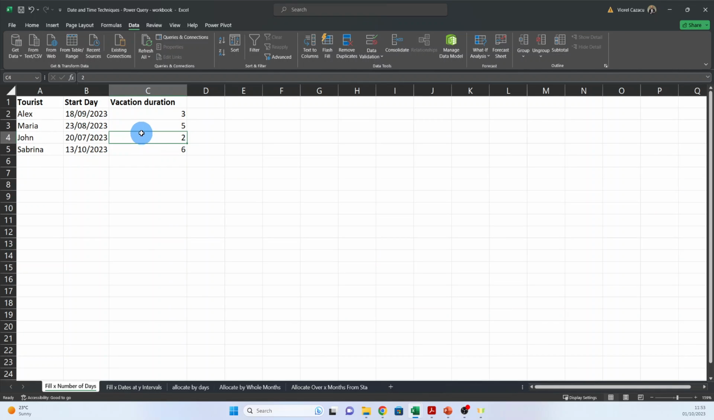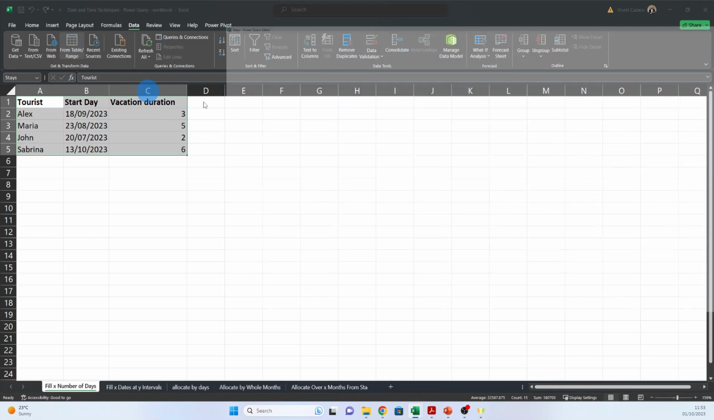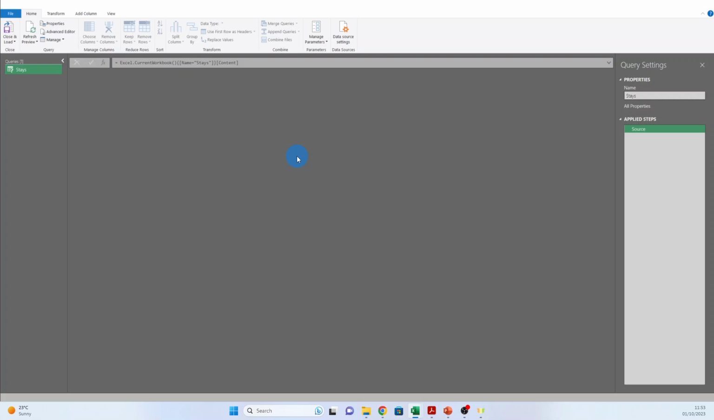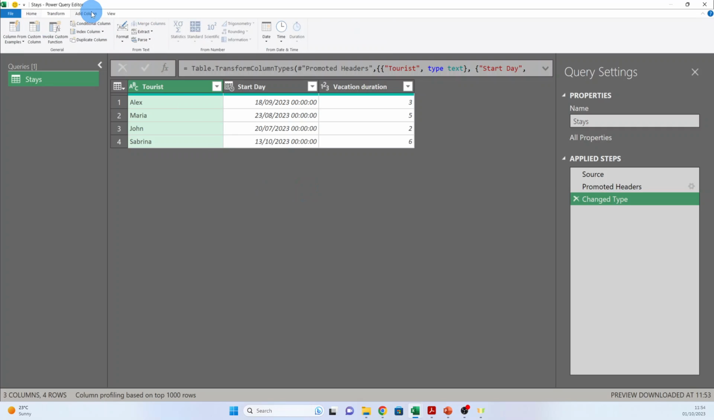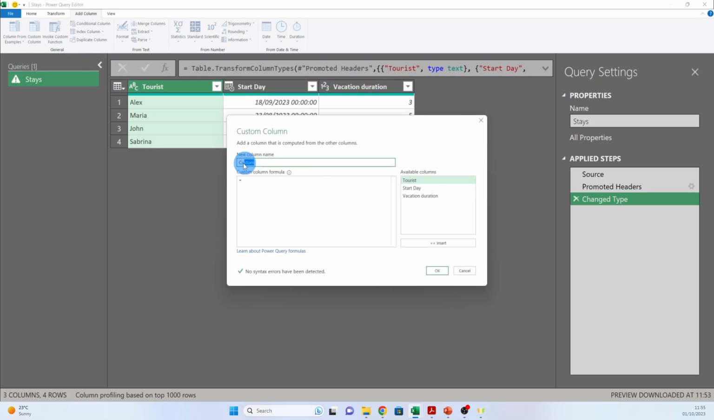So let's solve this. We have the table, we go to data and press from table range, and now the Power Query editor opens. So we need to generate a list of visitors per day. We go to add column, custom column. We name it stay dates